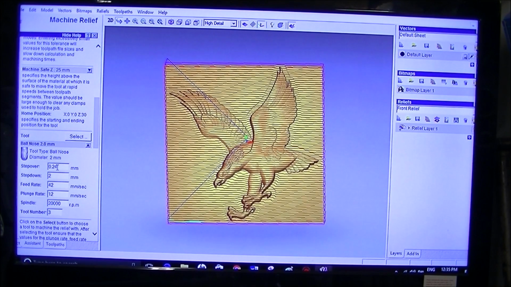Step over. That's probably a little bit too fine. We're going to go 3.5. I think 3.5mm will be fine. Step down 2mm, leave it at that. This one we're going to bring all the way up to, oh, we'll do 100 again. 50. Do you know what? We're going to do this one at